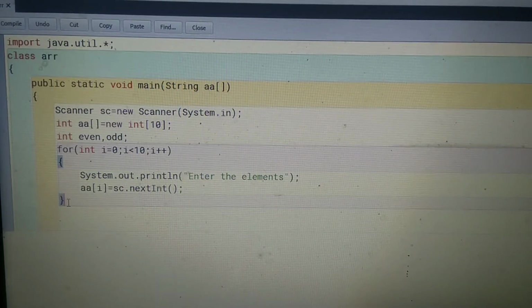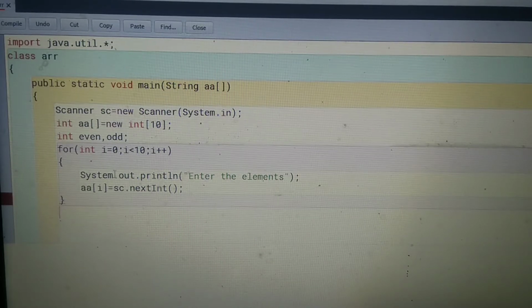After this we need the logic. What is the logic? Here we start one more loop. The first loop is responsible only for entering the numbers.